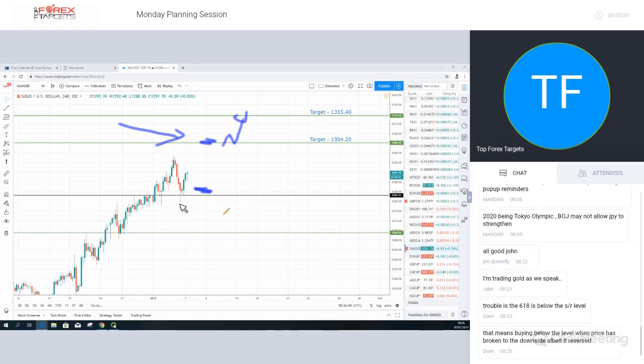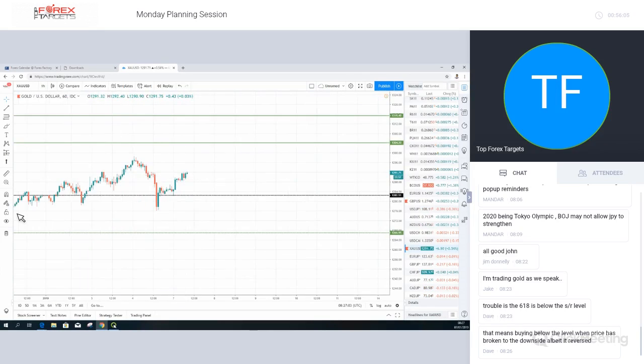So for the time being, Dave, I wouldn't be buying below this level, because if we're below this level, we should be looking for bearish patterns. If we're below this level and we're buying, then we're breaking some rules here, because we're actually going against the overall trend. So what I would like to see here in the 1 hour, if we come down to gold on the 1 hours, you can see, if we look at this very closely,